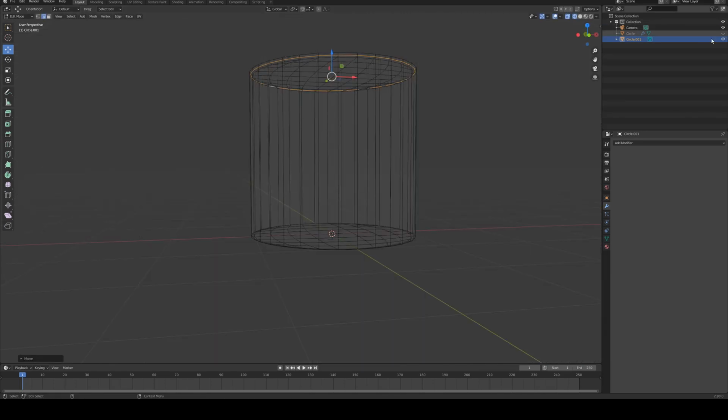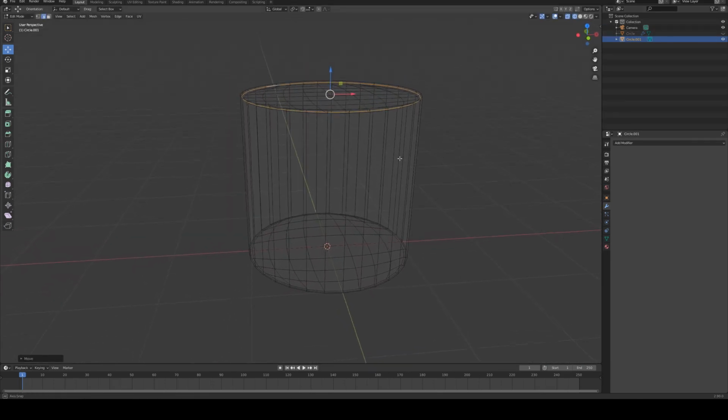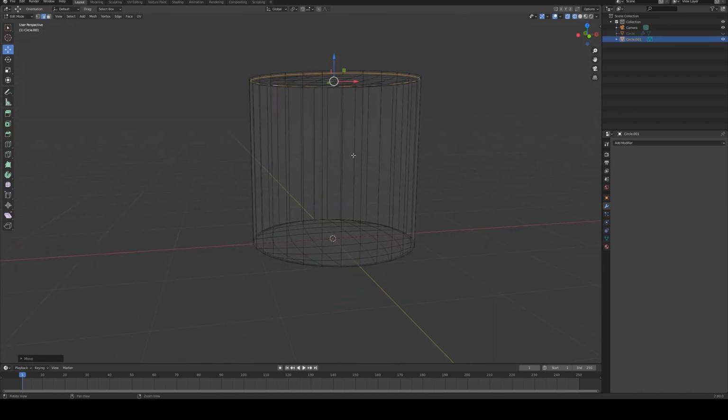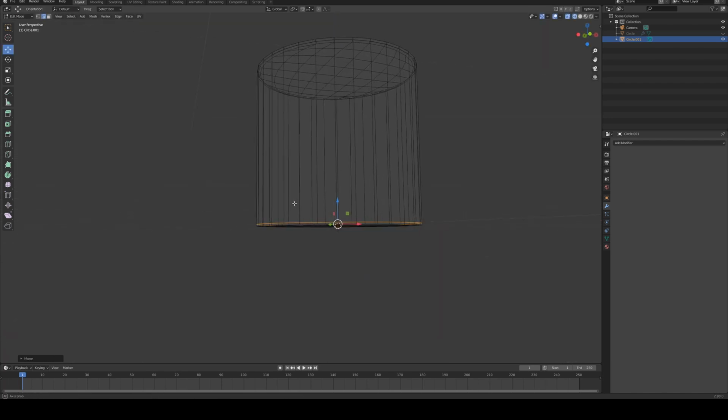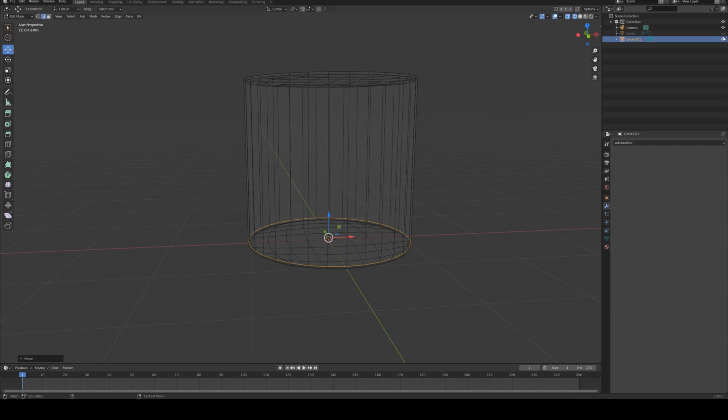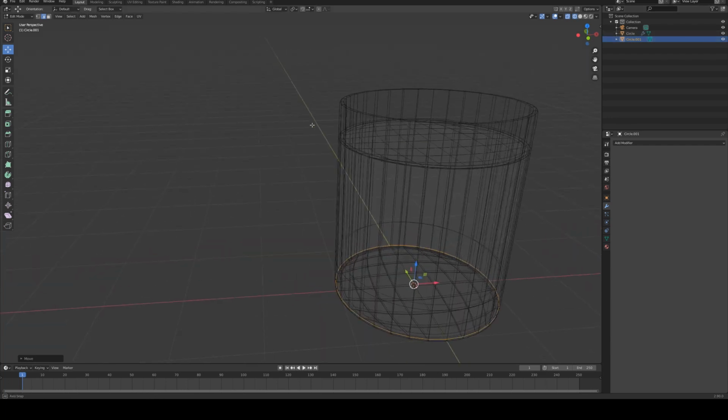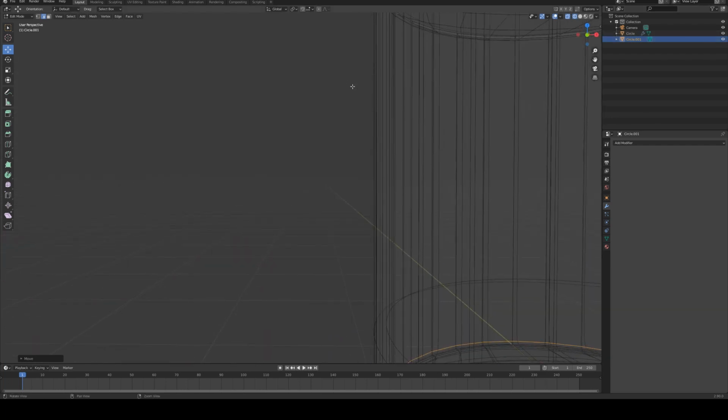Now if I hide that, again we will see that I've forgotten to do some edge loops, so I just need to create 2 here. So we're going to select an edge here, and we will click this button here and click on the edge, then go to our move tool with the W key, slide that up and click on the edge again and create another edge loop, and then again slide it down till it's sort of near the bottom there. That should do. So now we'll re-enable our glass,